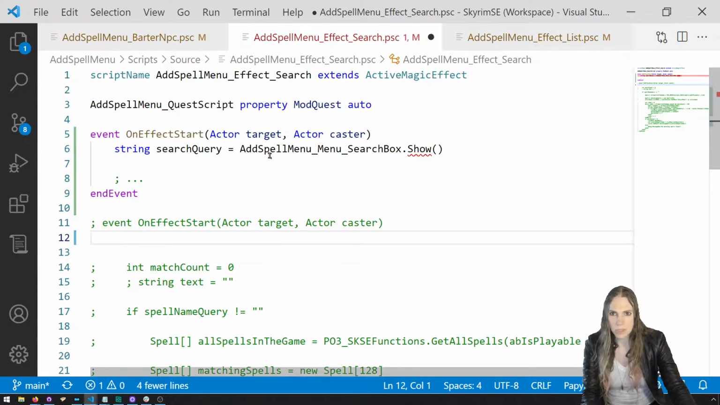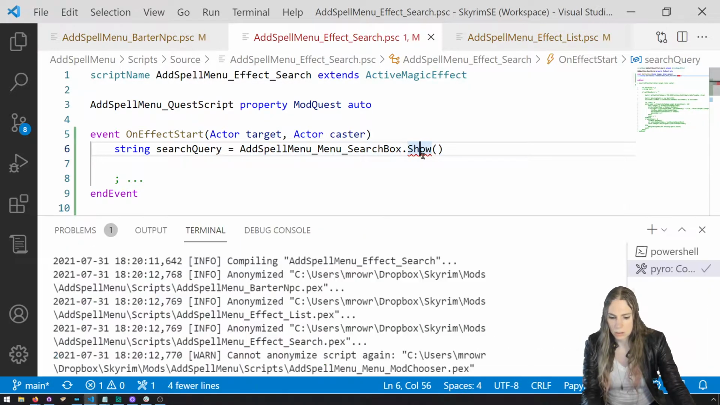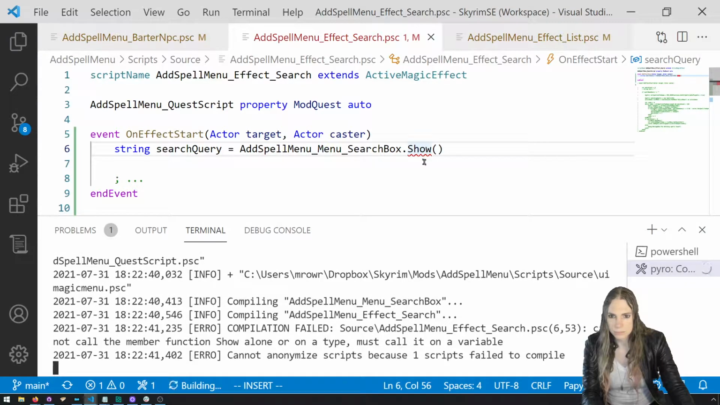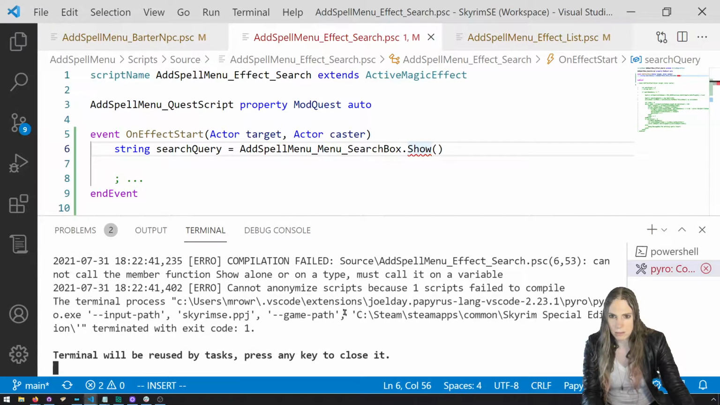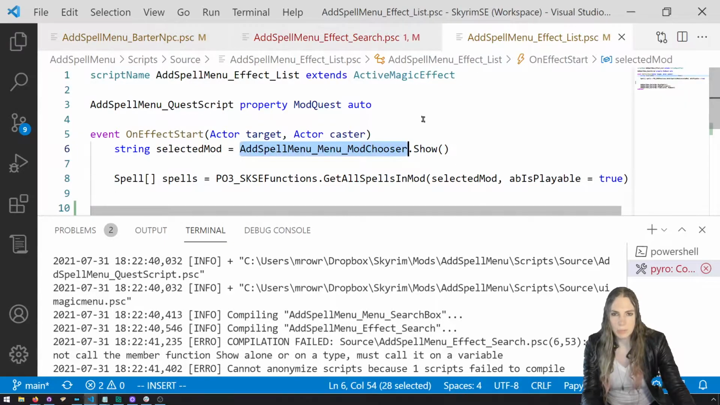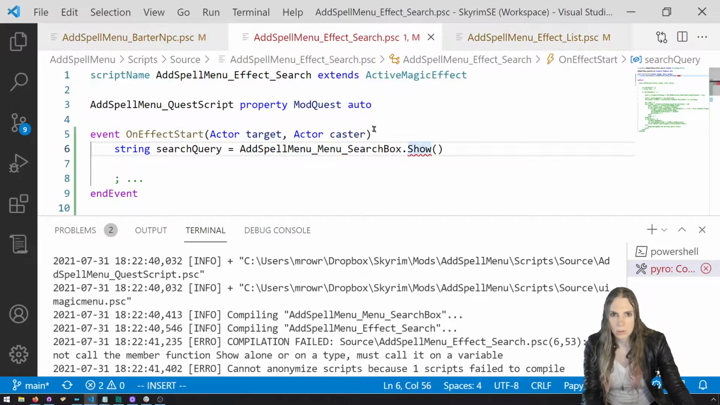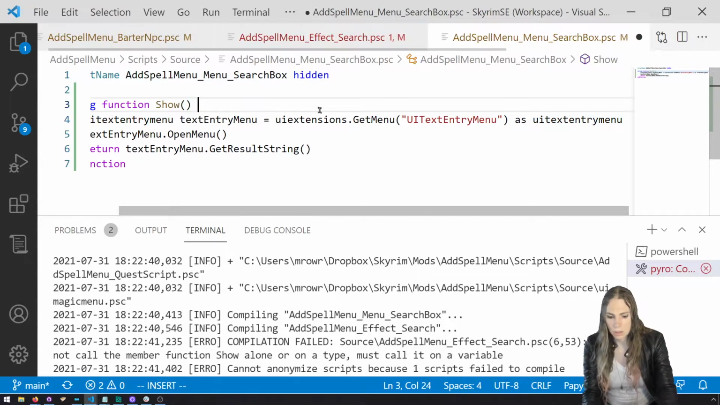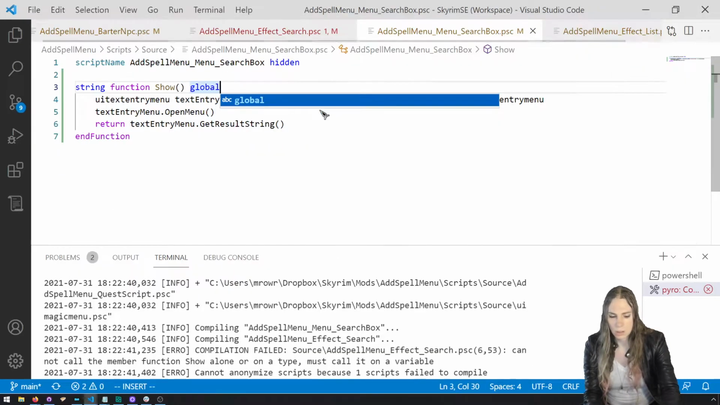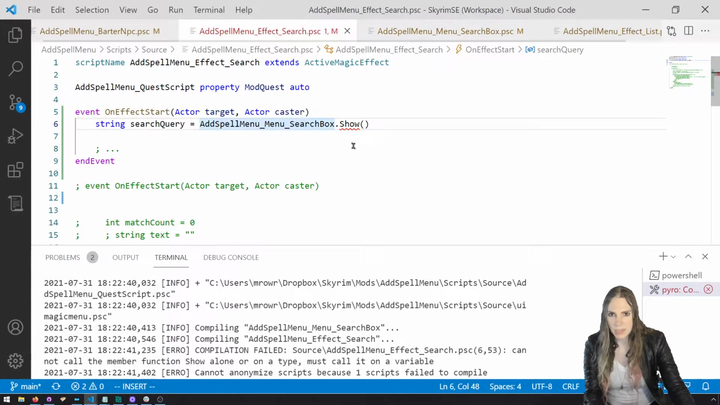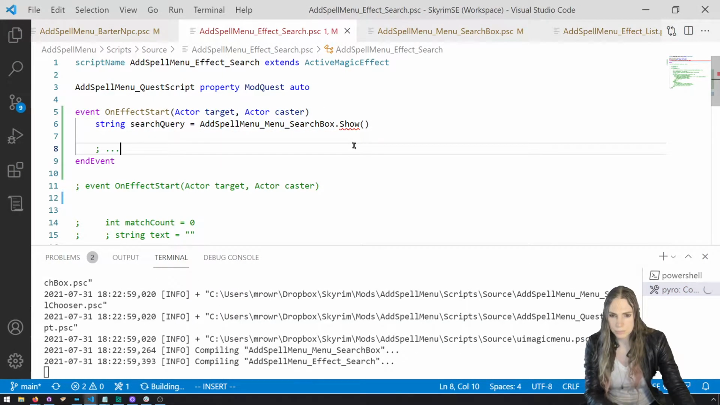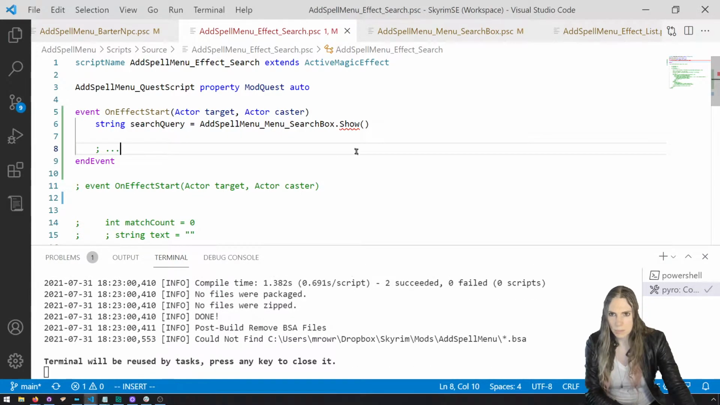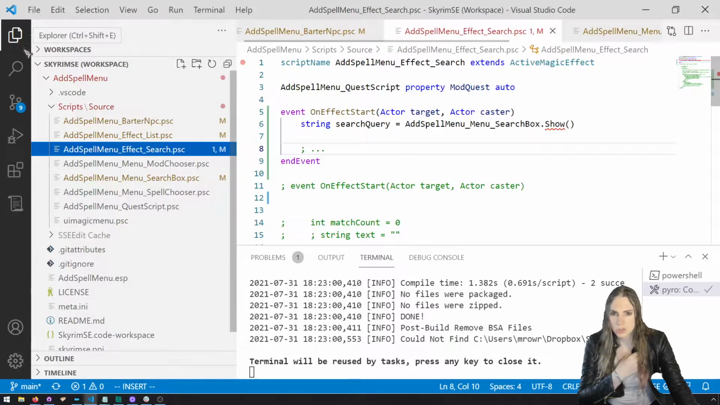Done, done, done. We compile. Compilation failed. Oh, I didn't make it global. Trying to find the right balance of zoom for y'all. Okay, cool. And because we're gonna work on search, let's switch it to